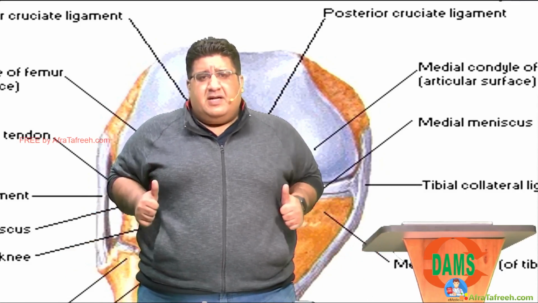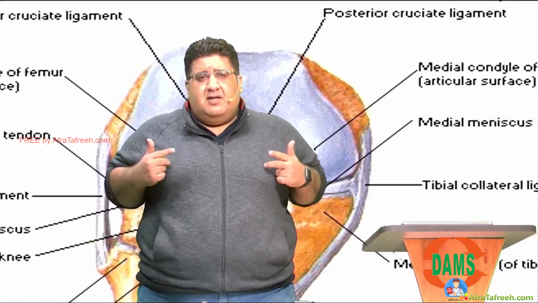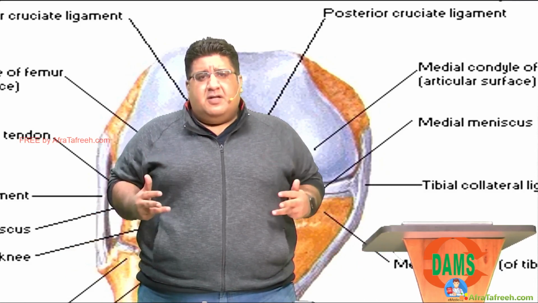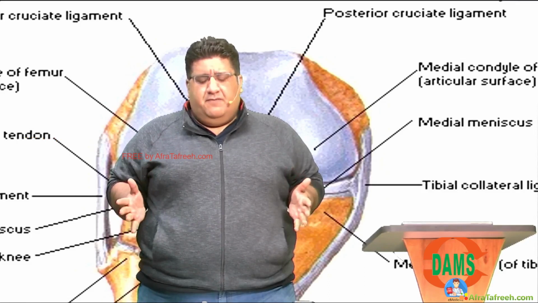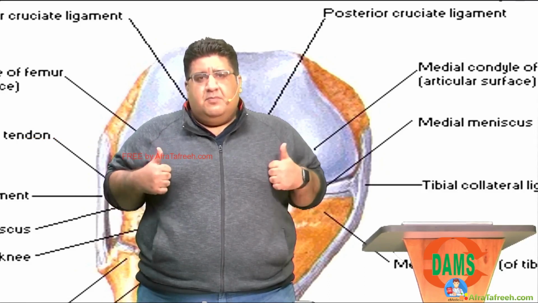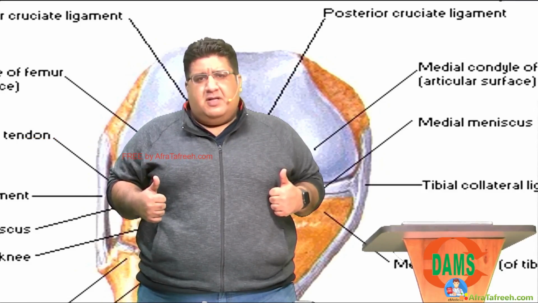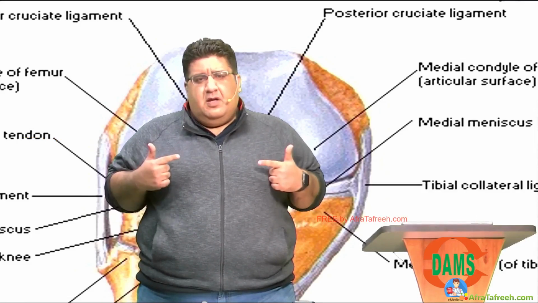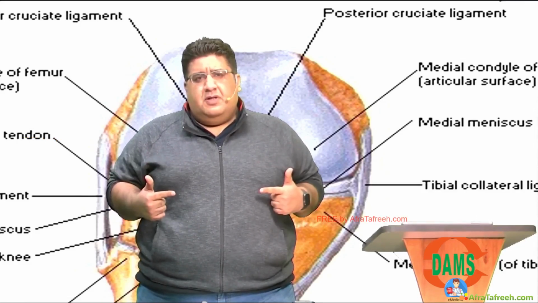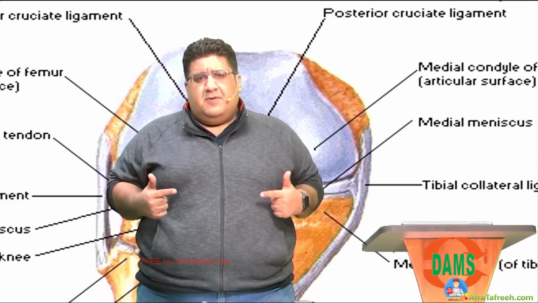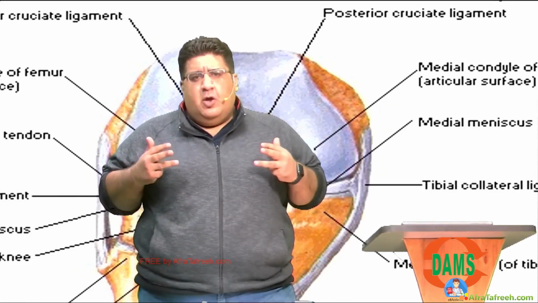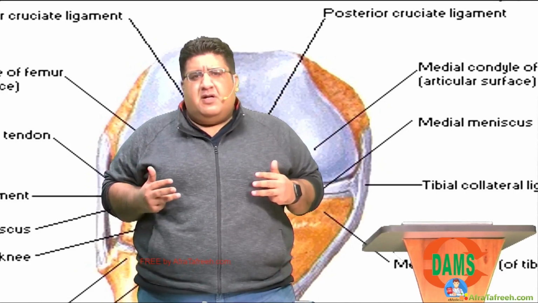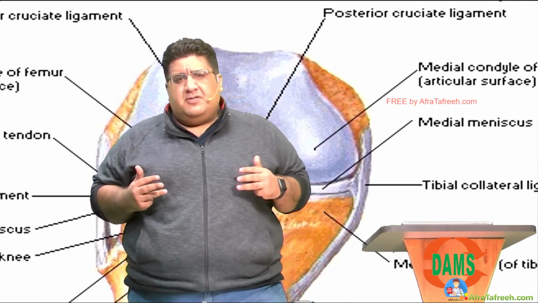Similarities: sagittal plane stability, intra-articular, intracapsular, extrasynovial, middle geniculate artery, posterior articular nerve. Differences: PCL is 1.5 times thicker, broader than ACL. ACL is important in downhill downstair activity. PCL is important in uphill upstair activity. On an MRI, PCL is slightly better visualized as compared to ACL. Most common site for ACL tear is mid bundle, mid substance. For PCL, it is the femoral attachment.